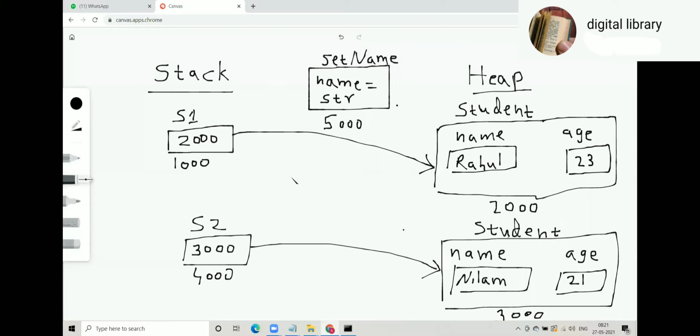Now, set name has got only one copy in the memory. Look at the comparative study. Name and age, they have two copies in the memory. One for S1, one for S2, different. But set name has got only one copy in the memory because the concept is no matter how many objects we create, member functions have got only one copy in the memory. Now in that scenario,